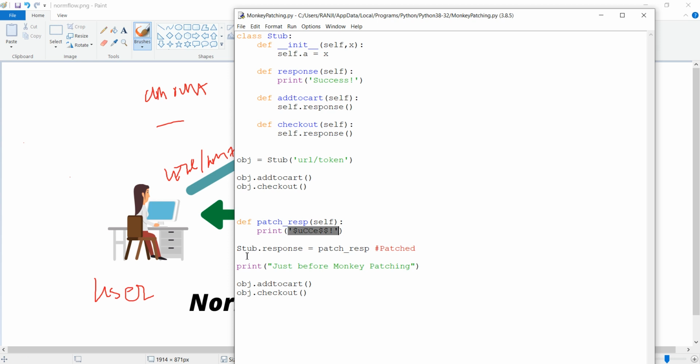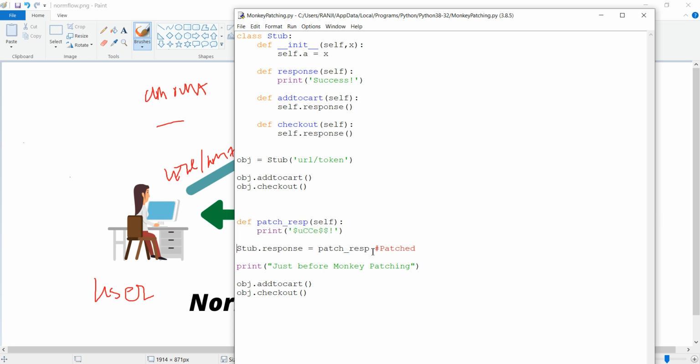And here this is the actual patching that is done. This is just the definition of the method, how the stub is going to behave in this particular scenario. It is basically going to change the output. Whatever is printed on the screen, or whatever output the user gets on the screen, we are going to change that message.